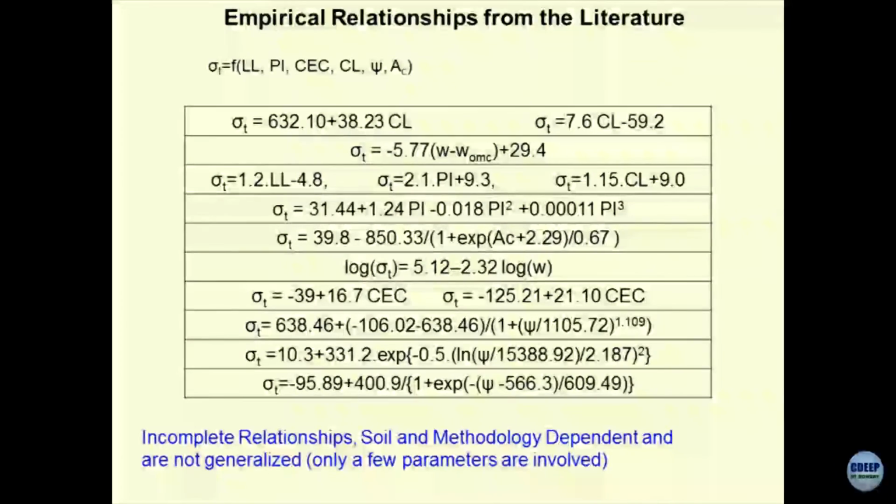One interesting thing to see here is that the suction includes in it the state of moisture content of the soil. So, the higher the moisture content, the lower the suction, correct, and AC is the activity of the soil. There are several types of relationships available in the literature. You will notice that tensile strength is a function of clay content, the more the clay content, the more the tensile strength. Some people have correlated tensile strength with the moisture content at OMC, the moisture content at a given point in the soil mass, liquid limit, plasticity index, clay content, activity of the soil, moisture content of the soil, suction of the soil, and so on.